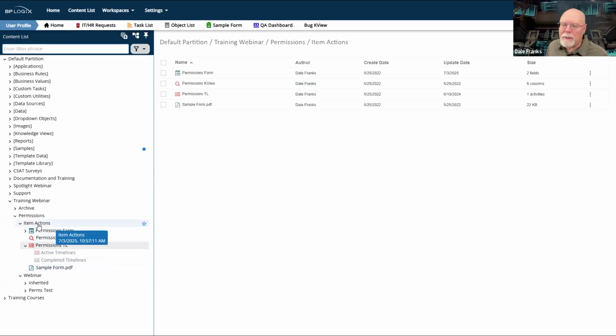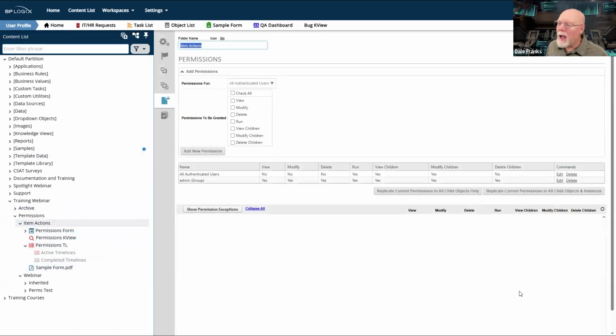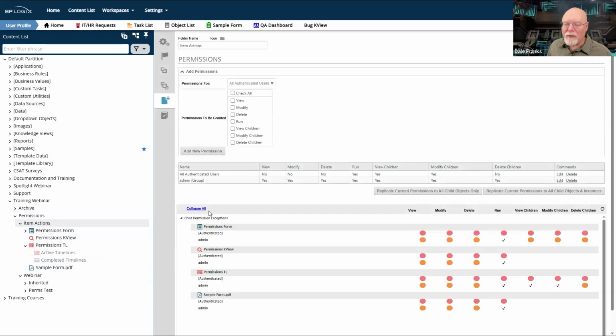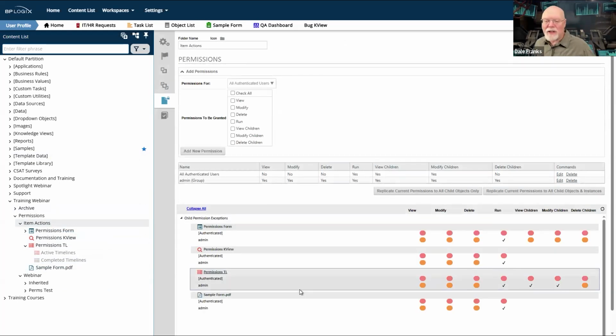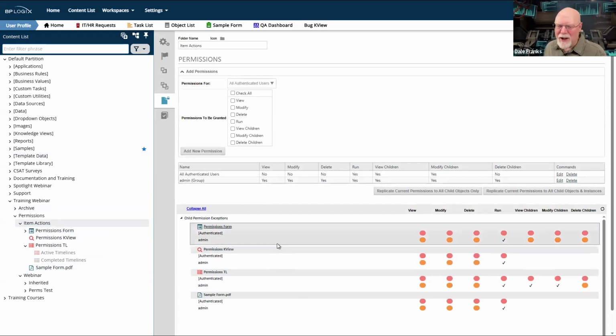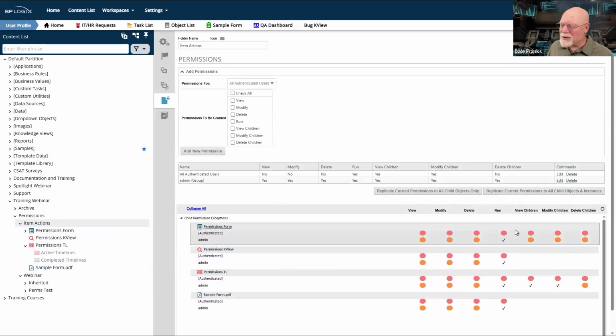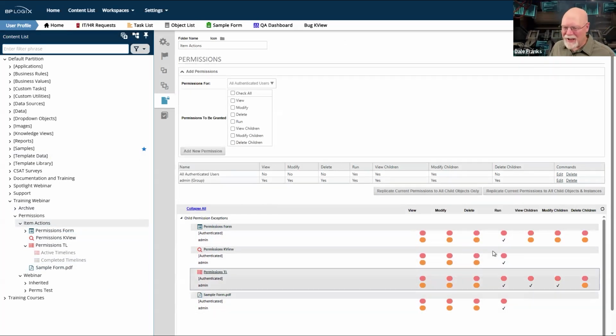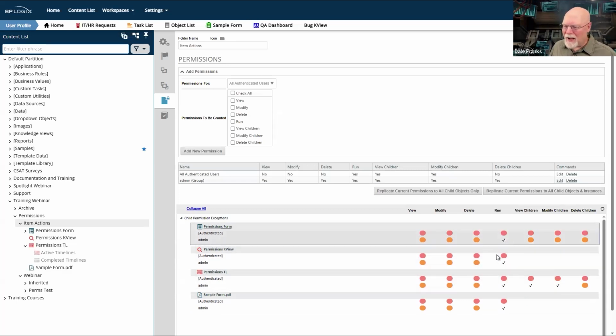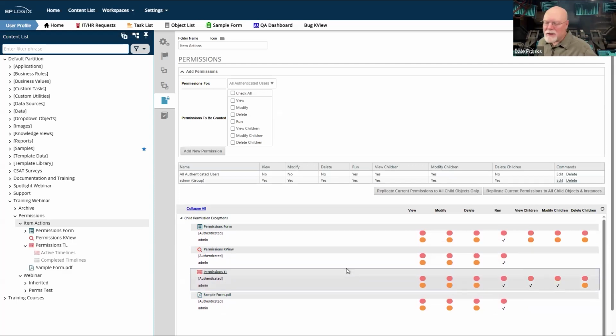But one big difference here is I do not have that permissions exception tab. That permissions exception tab lives at the folder level. And remember, at the folder level, we have it set up, and of course, the permissions on the form and process timeline are all different, I think, because I configured them all individually. So they're rather different because I do have some that have anonymous users. There's at least one difference in the permissions at each level. I think I did at one point on the form even have unauthenticated users. But in any event, this permissions exception exists at the folder level.